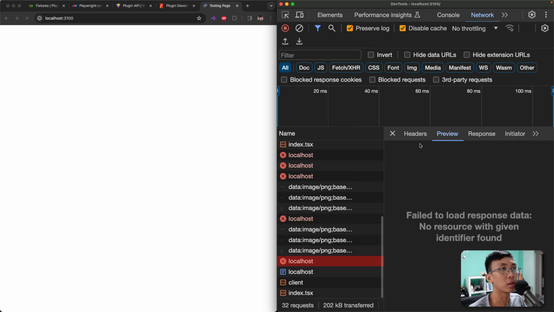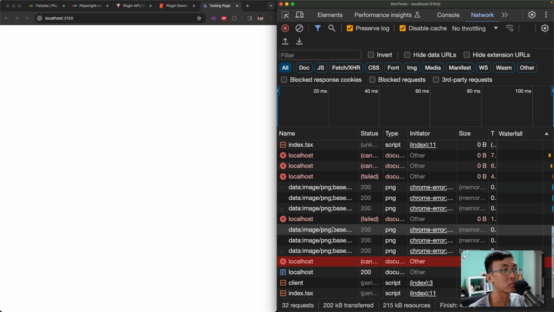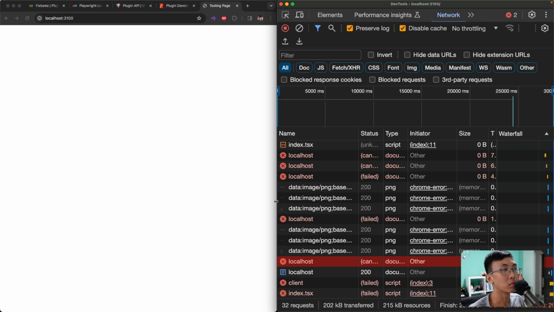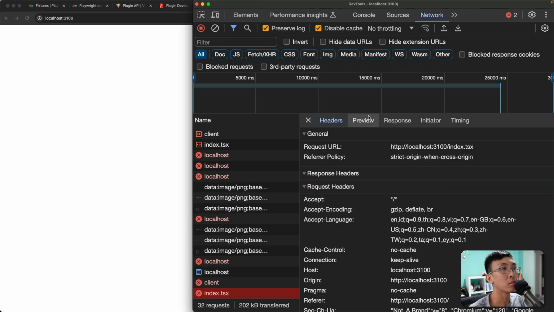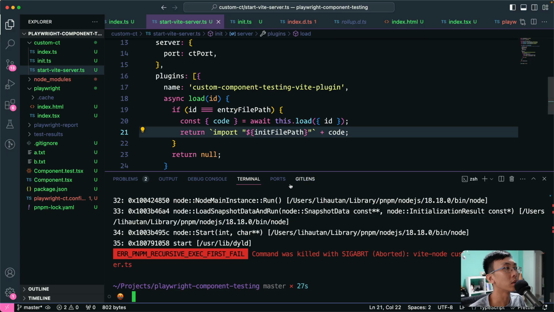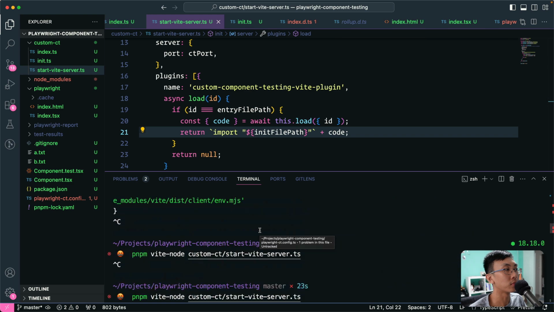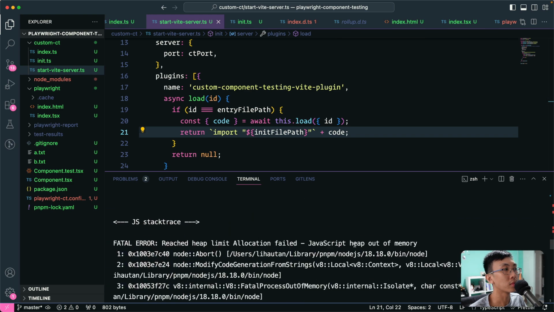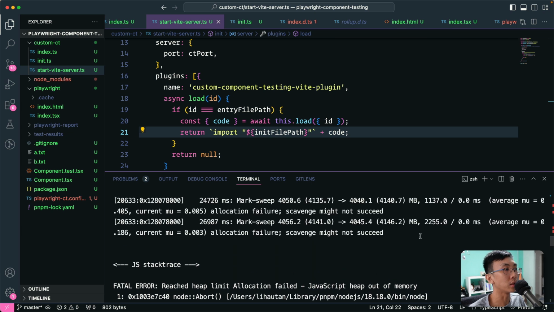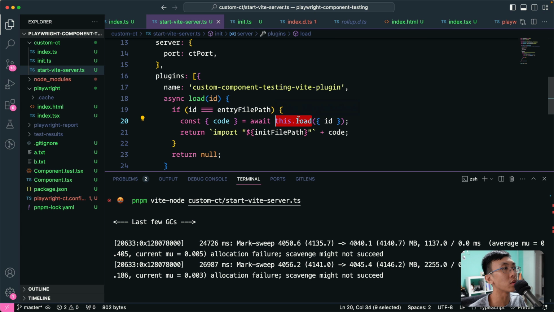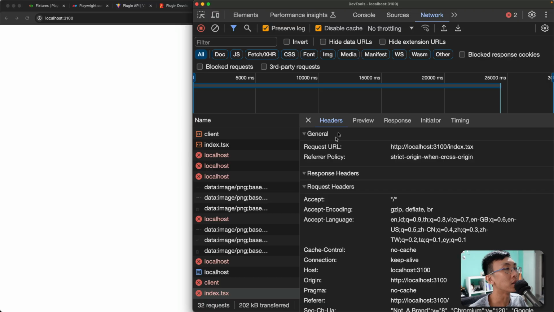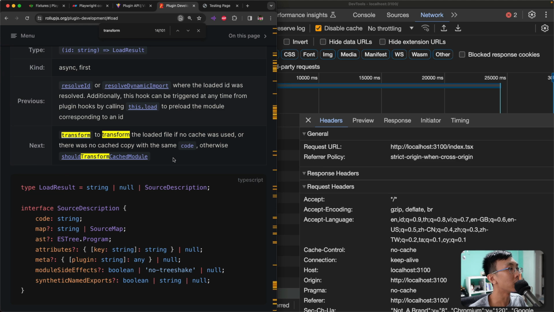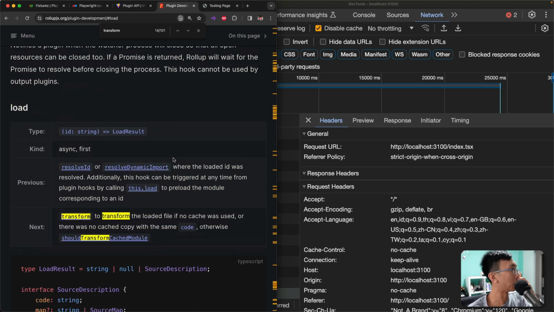Let's see what they are. So this file, it seems like it cannot be read, cannot be resolved. Something is wrong over here. It seems like it's going in an infinite loop. So maybe it's because of this load function. We attempt to call this.load to load itself again. Is this what's happening? Let me see. I thought this.load is where we can